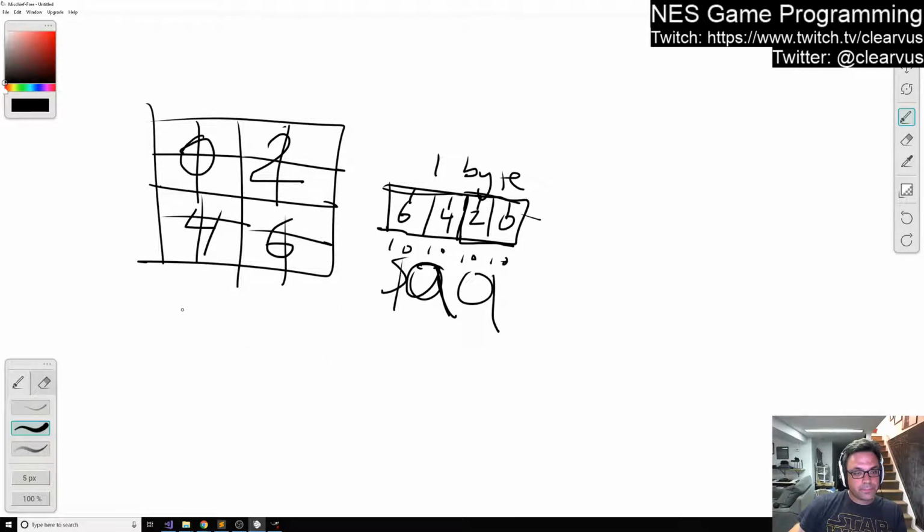alternating. Well, let me think about that. Maybe there isn't any difference. Maybe I'm thinking it's different, but really it's not. In the case where the meta tile doesn't overlap perfectly, let me draw this in a different color. In the case where the meta tile doesn't overlap perfectly,